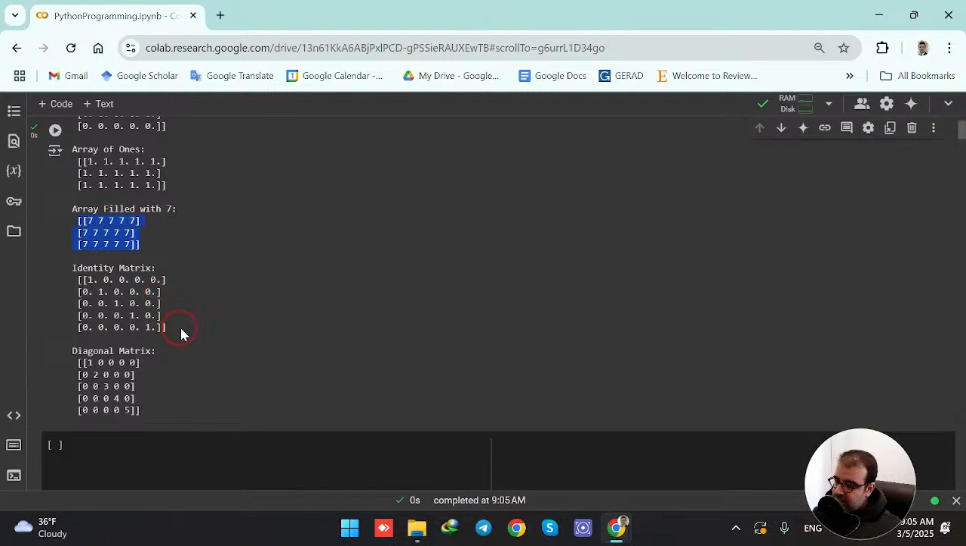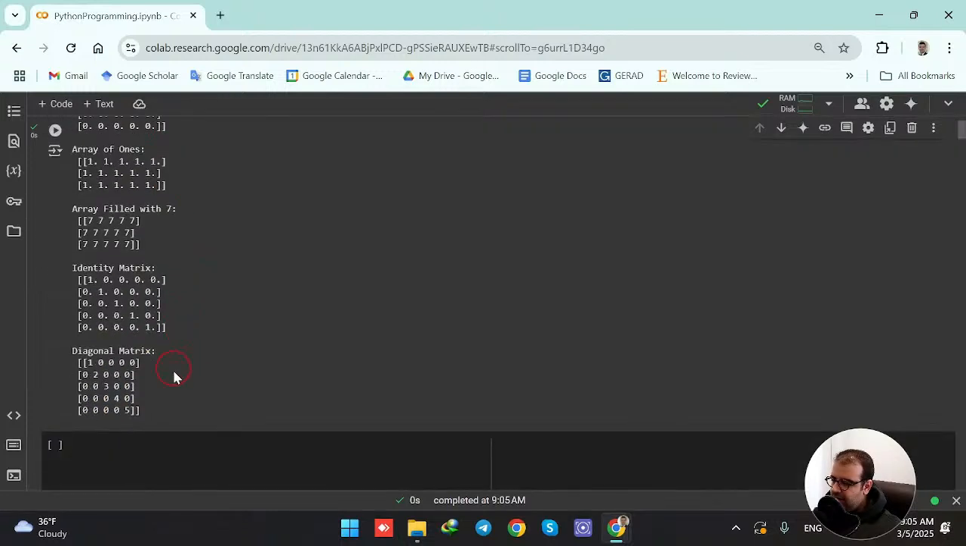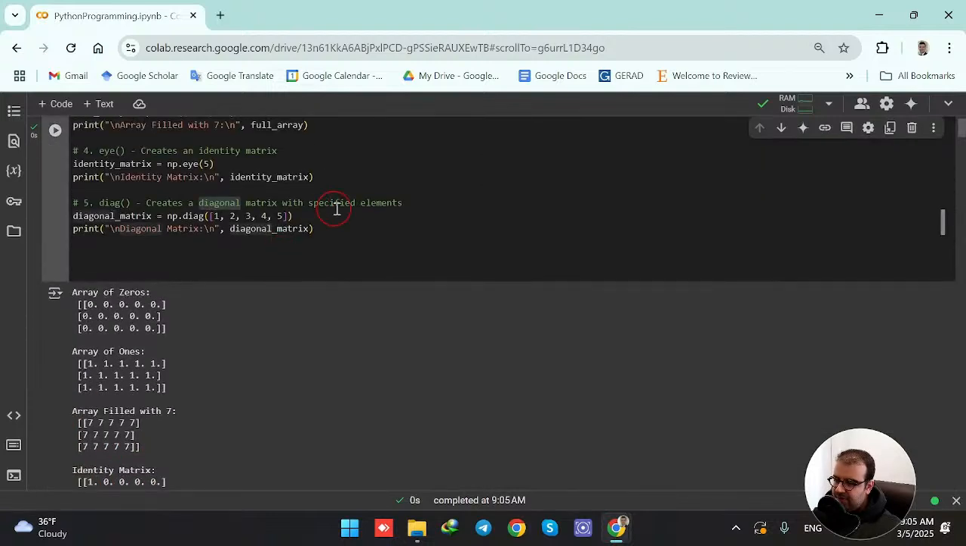We learned how to create an identity matrix, and also we learned about the specific elements that we can have for our diagonal matrix here. So we see that we are having a 5 by 5 matrix, and the diagonal is having the specified elements